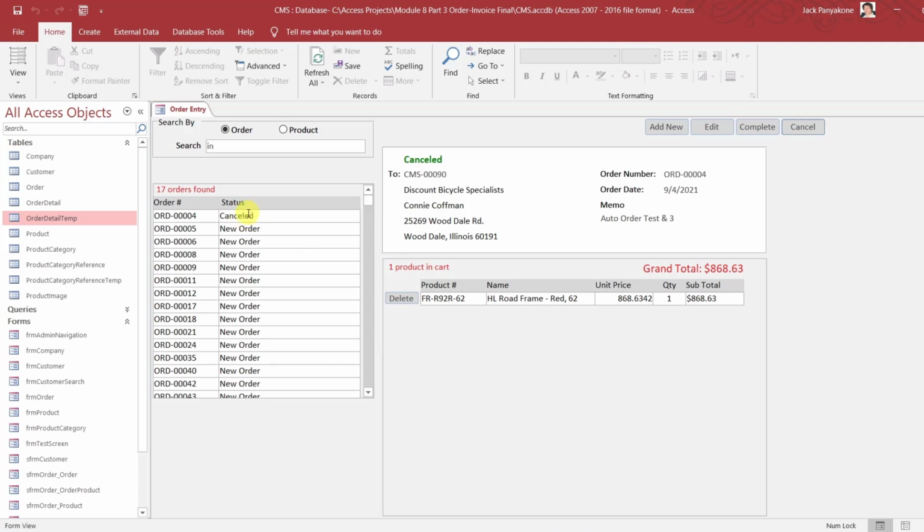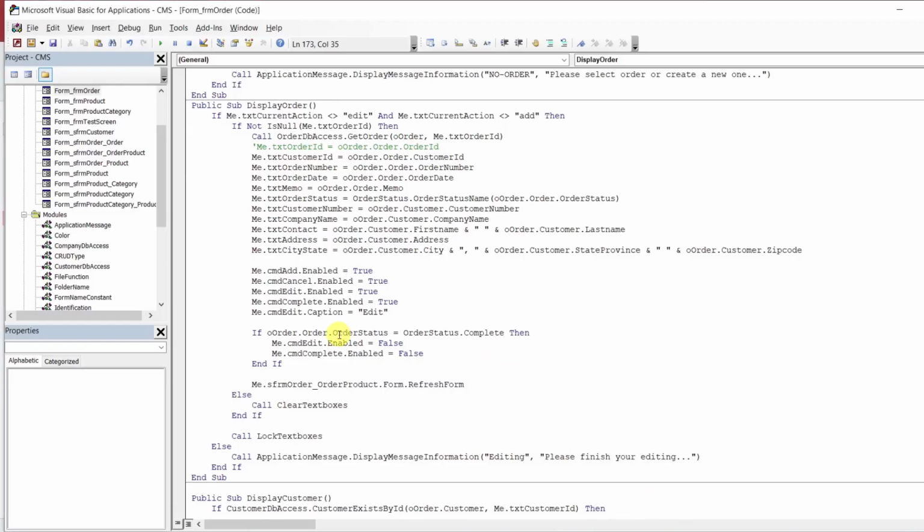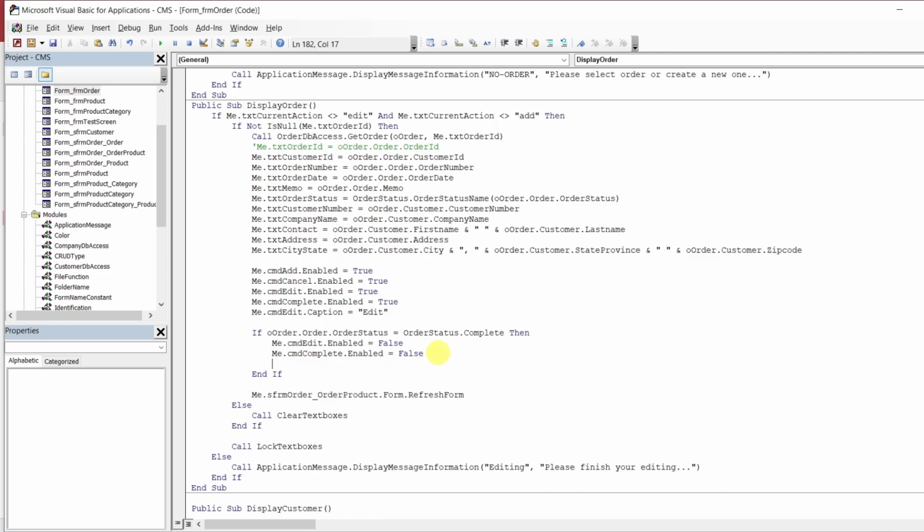So it's canceled, which it did right here, but what happened here? If it's canceled, we cannot have the edit. No edit, no complete. All right. So let's check that one again. All right. So here, else if order status equals order status cancel, then